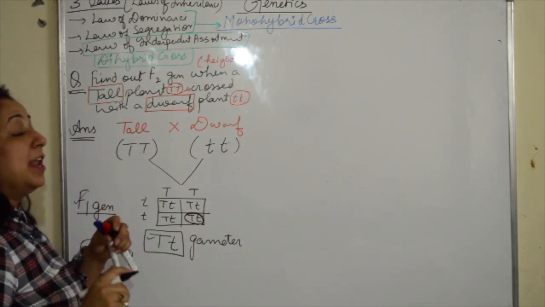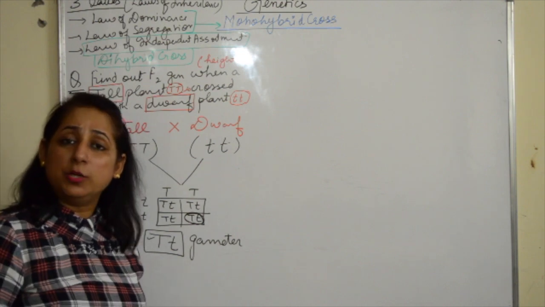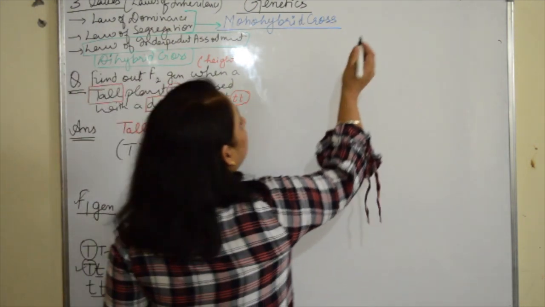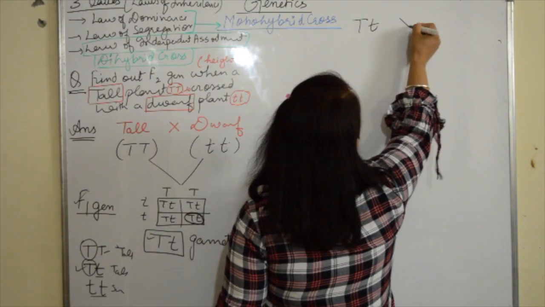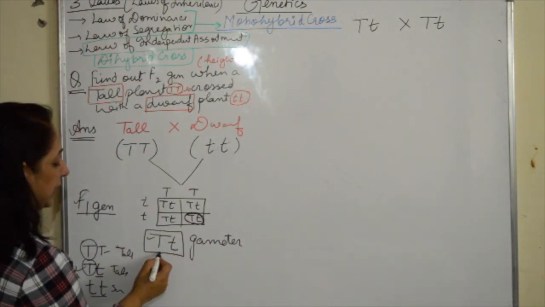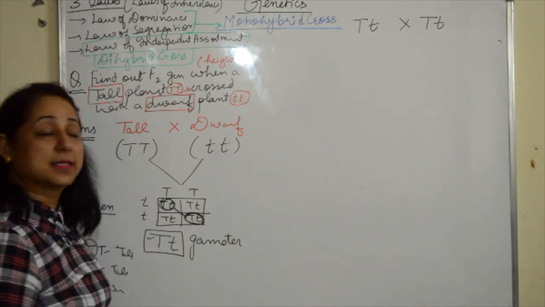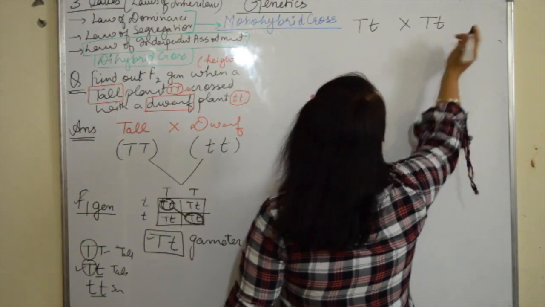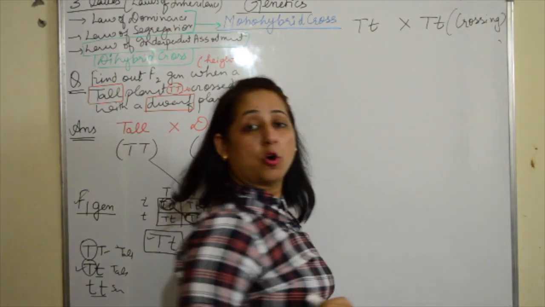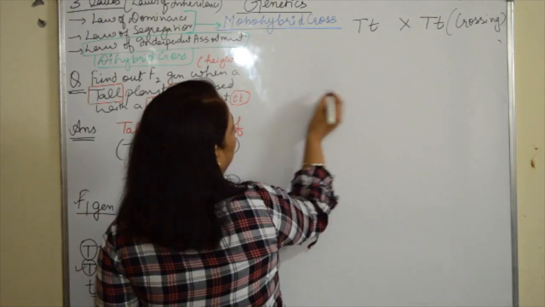We got these. Now Mendel saw that the result was same in all the offsprings. कुछ change ही नहीं हुआ. So he crossed them. What did he do? He crossed the two gametes which were formed in F1 generation. इसको इसी से क्रॉस करवाया. Crossing takes place. So we call it crossing, और selfing भी बोलते हैं इसको. So now we have to cross them. This is for F2 generation.